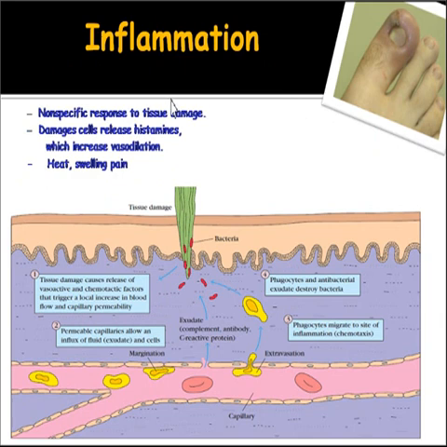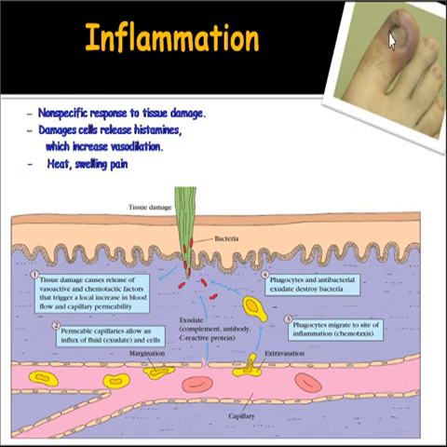Then another in this series is inflammation. The tissue damage caused by a wound or by an invading pathogenic microorganism induces a complex sequence of events known as the inflammatory response. You can see this picture, which is a typical picture of an inflammation, and there was a famous theory given by the Roman physician Celsus, who described that there are 4 cardinal signs of inflammation.